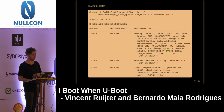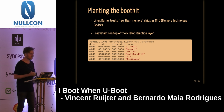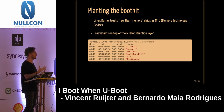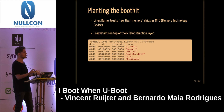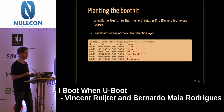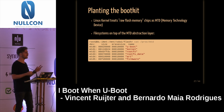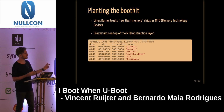So yeah, when you've compiled the bootkit, you want to plant the bootkit, and this is where it gets interesting. The Linux kernel treats devices with raw flash as memory technology devices. So it's not a normal block device. There are some differences between block devices and memory technology devices. One of them is, for instance, that the erase blocks that flash devices use are much larger than sectors on block drives. And also, one of the differences is that when you erase a block, it's